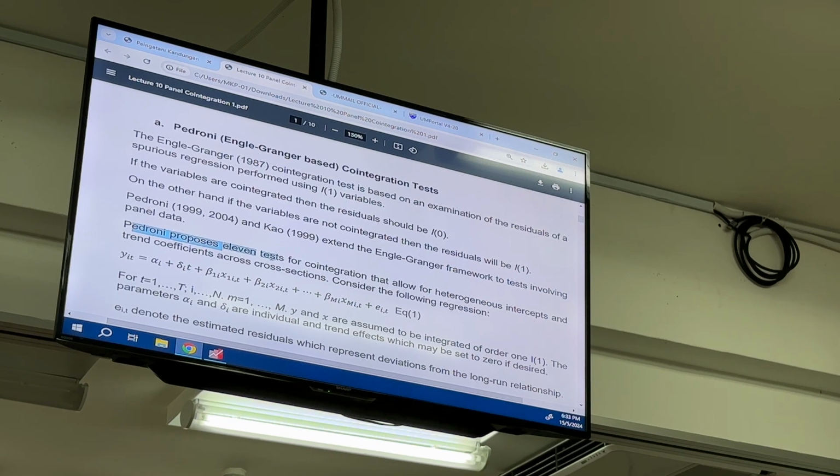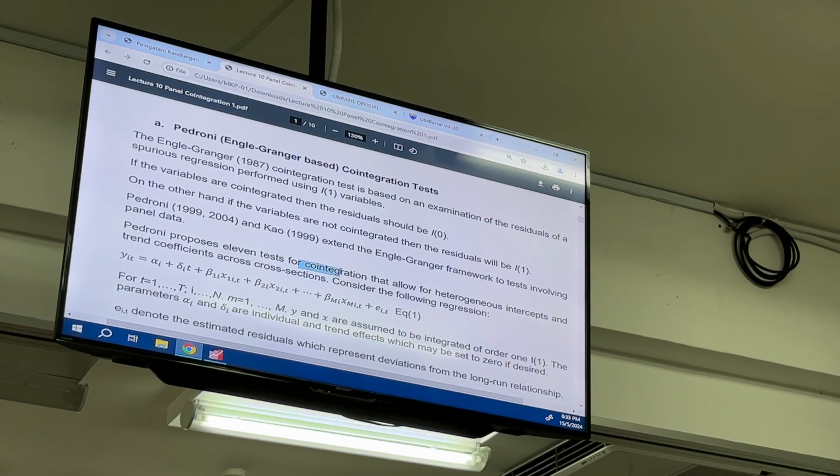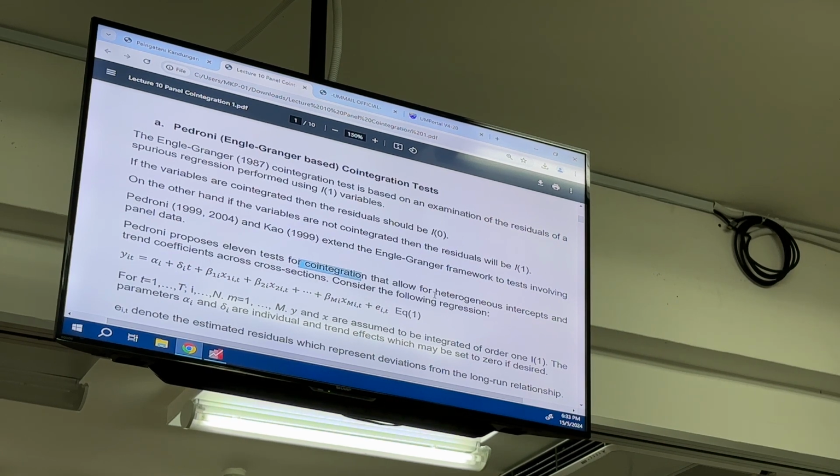Even though it's just called the Pedroni cointegration test, Pedroni has 11 test statistics for our variables. In the hands-on you will see there are 11 test statistics for the cointegration, which allow